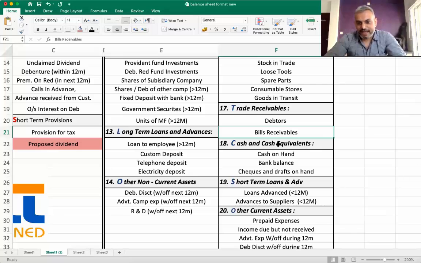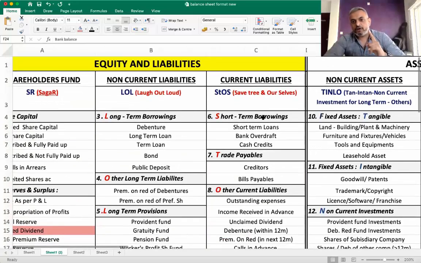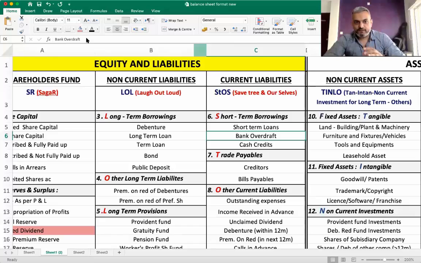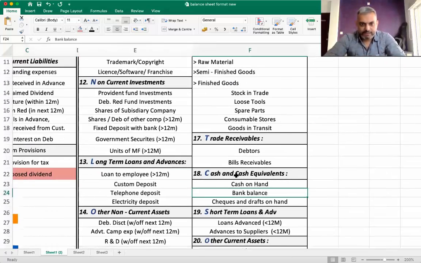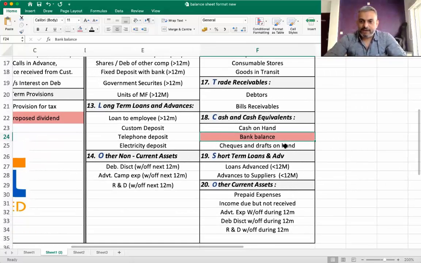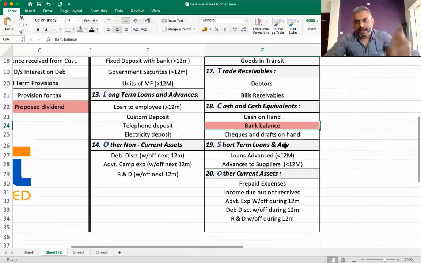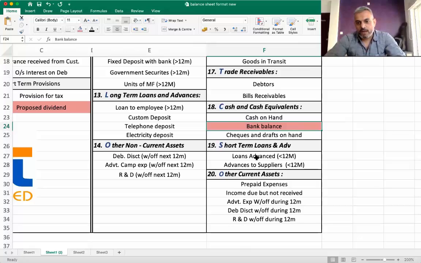CITCSO. So cash and cash equivalent, cash on hand, bank balance, but bank overdraft will come over here in short-term borrowing. So be careful, bank overdraft is short-term borrowing, but bank balance is cash and cash equivalent. Then checks and draft on hand, which are to be encashed. Then short-term loans and advances. So you have given a loan for less than 12 months, advance to suppliers less than 12 months, and other